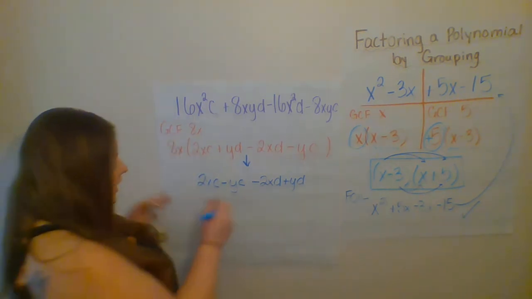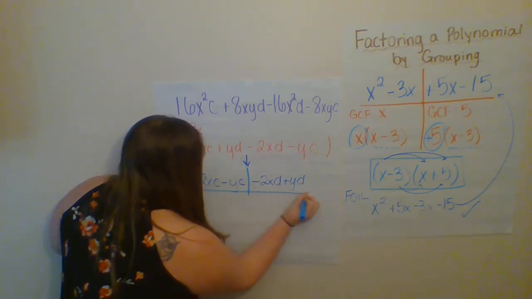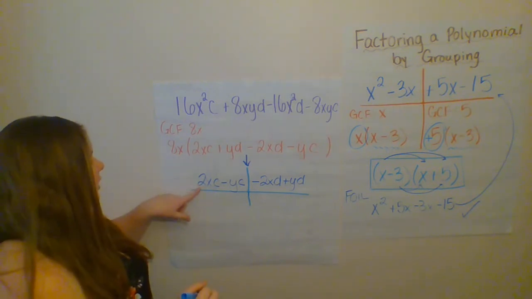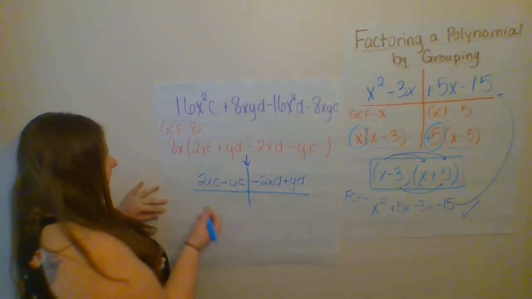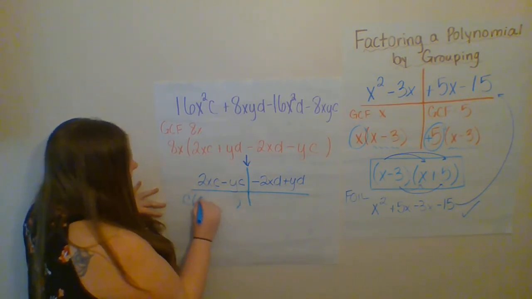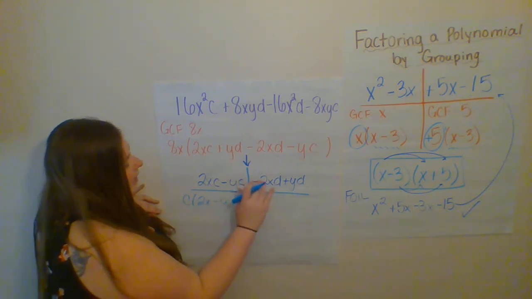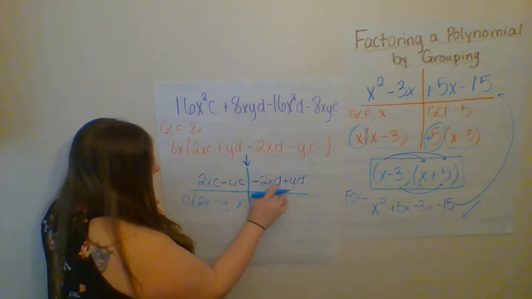So we're going to split it into our groups, and we're going to factor it out. This first group, our GCF is C, so we put the C in front, and we have 2x minus y left over. In this second set, our GCF is D,